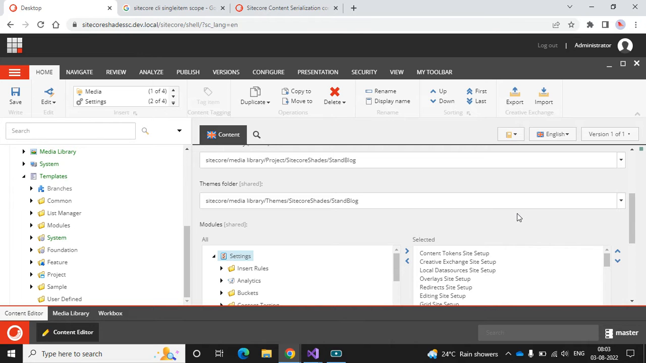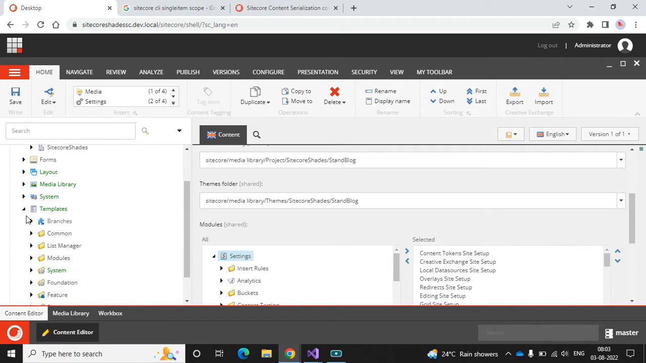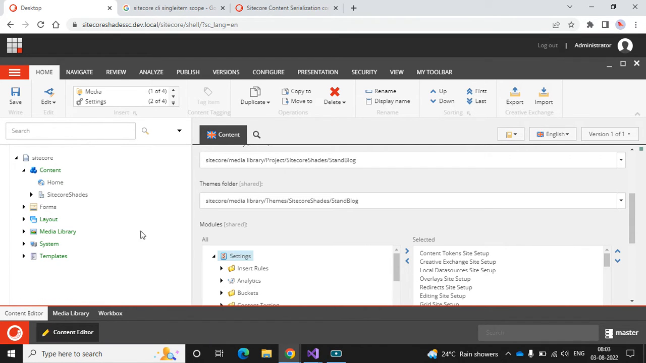Today I'm going to show you how to do the serialization using Sitecore CLI. Let's get started. If you see the Sitecore backend, here we can see the site node and then templates and media library. So when a new developer joins my team, I have to give all the Sitecore shades